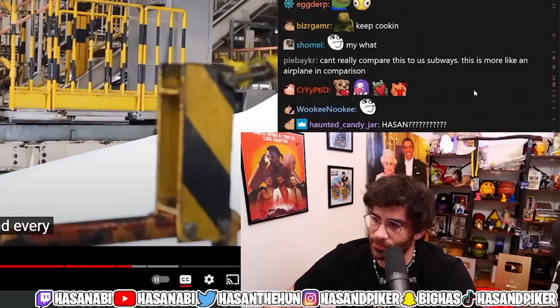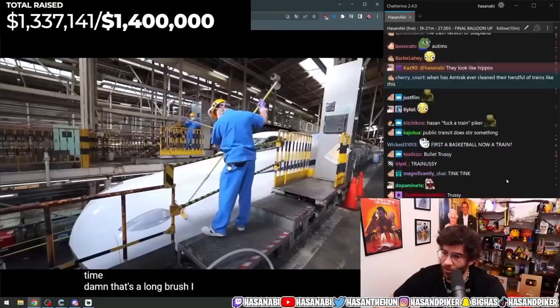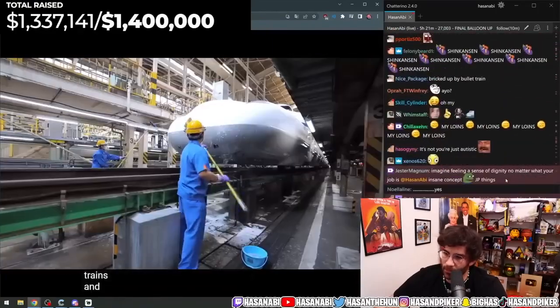So clean. Oh. Damn, that's a long brush. I guess it's a must when working with these massive trains. And of course, they also...